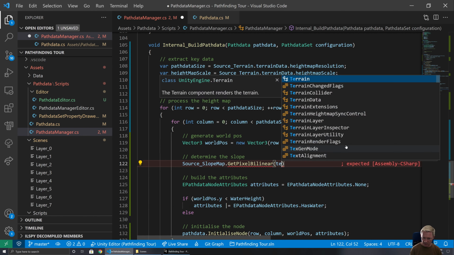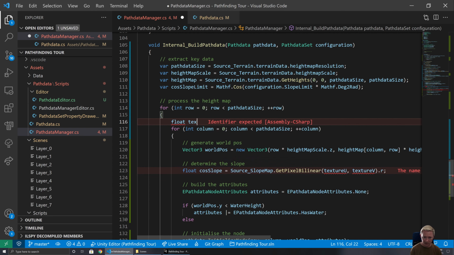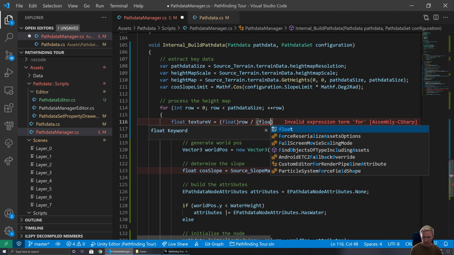So to get these texture U and V, well, V is going to be the row. So textureV is going to be row divided by path data size. Texture U is going to be fairly similar, where it's going to be using the column. So textureU equal to float column divided by float of path data size. So that looks good,